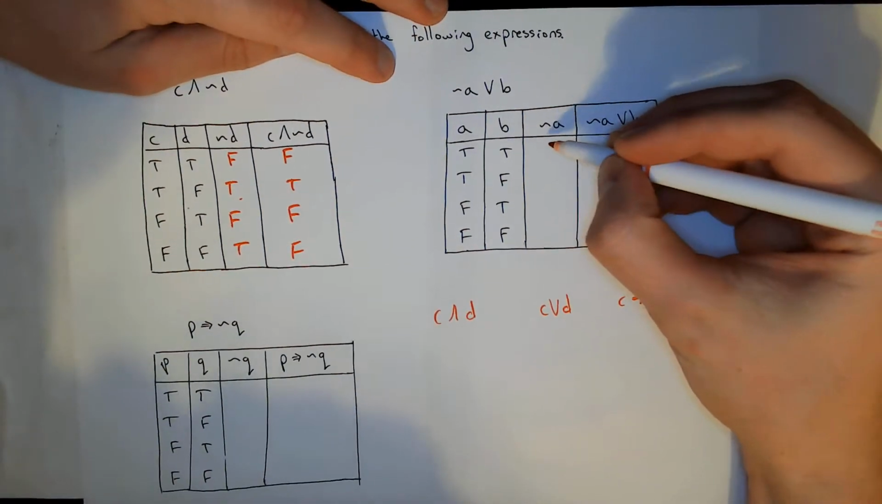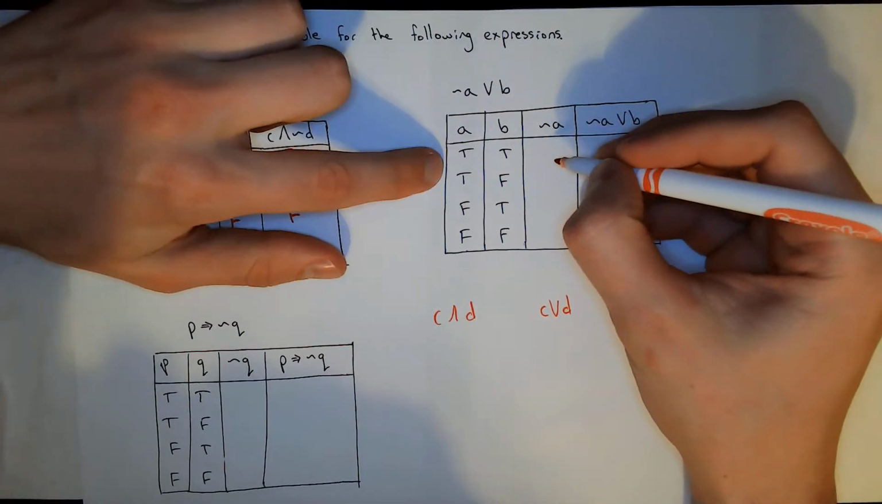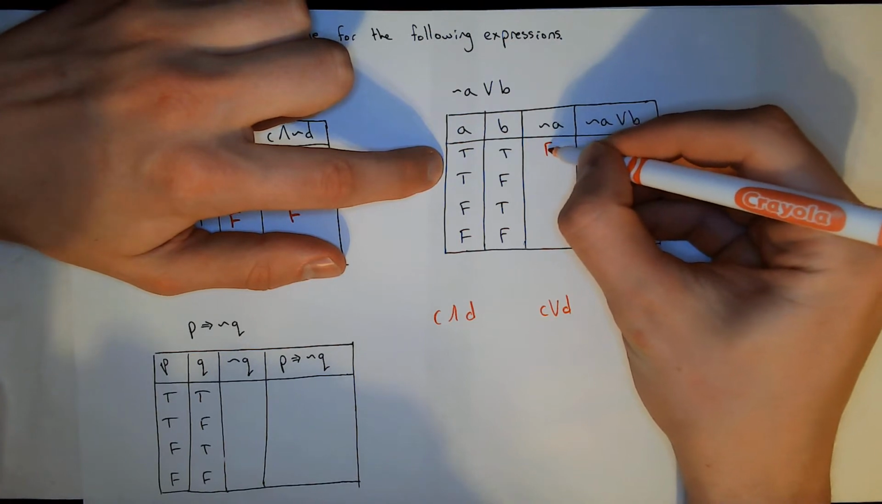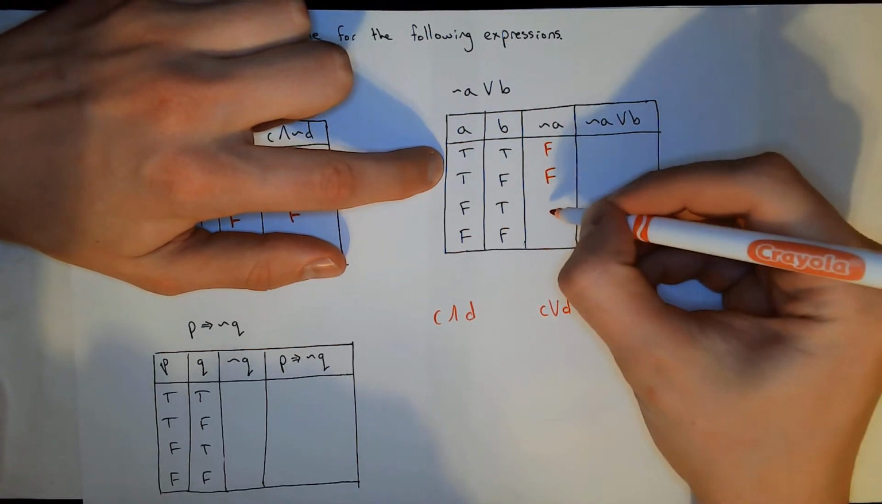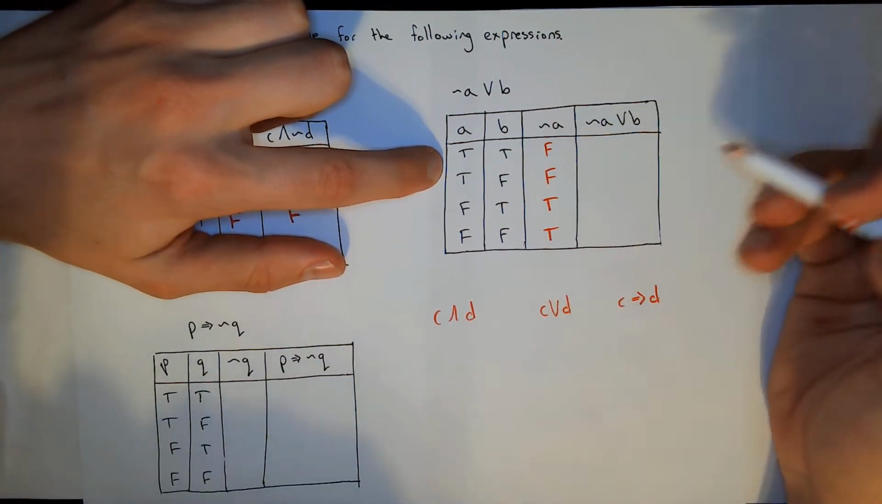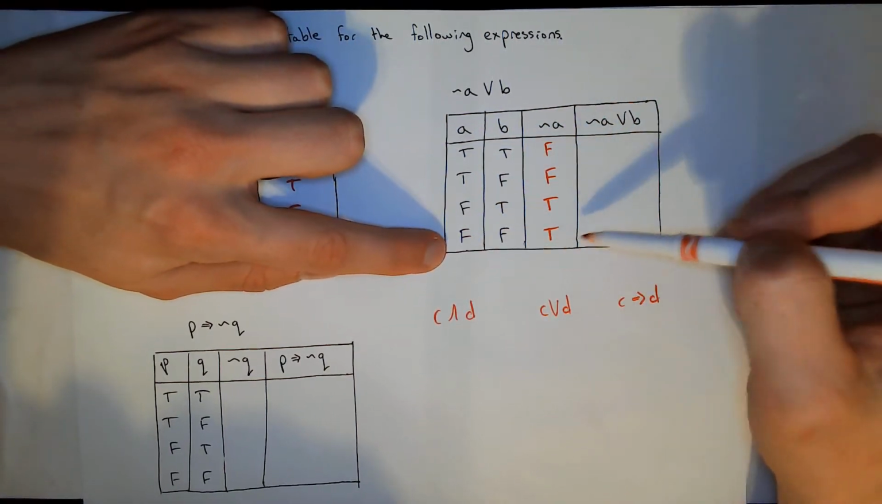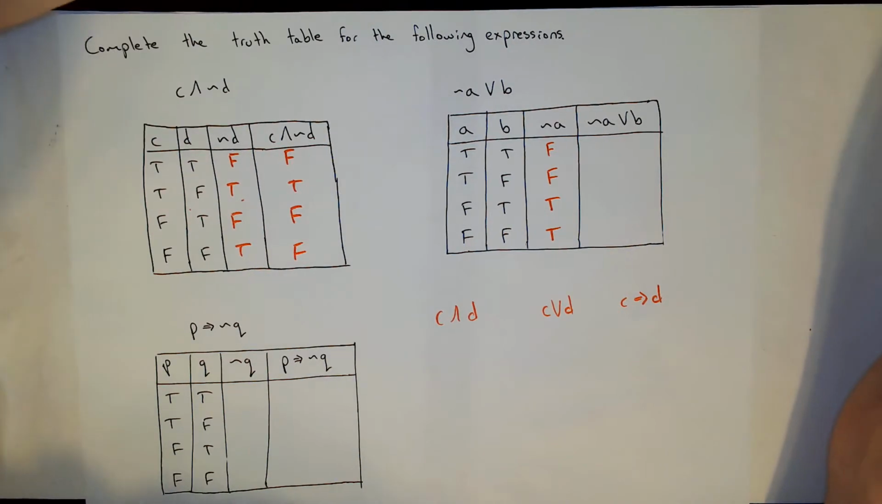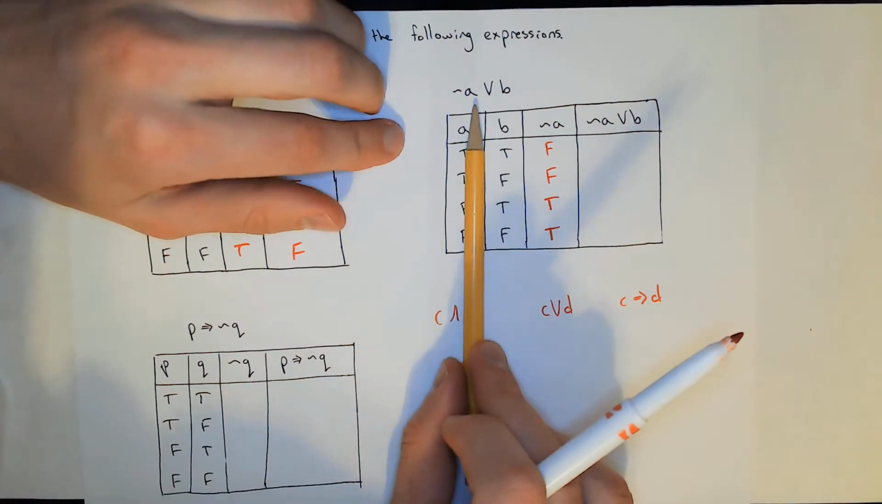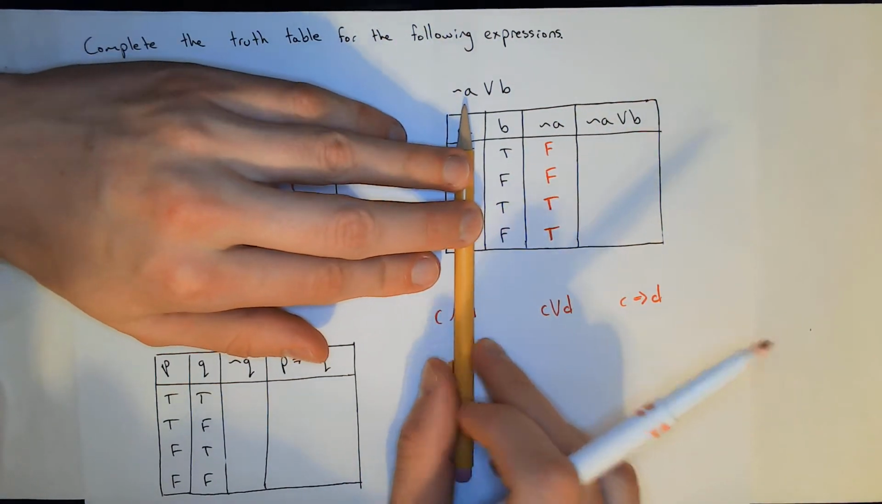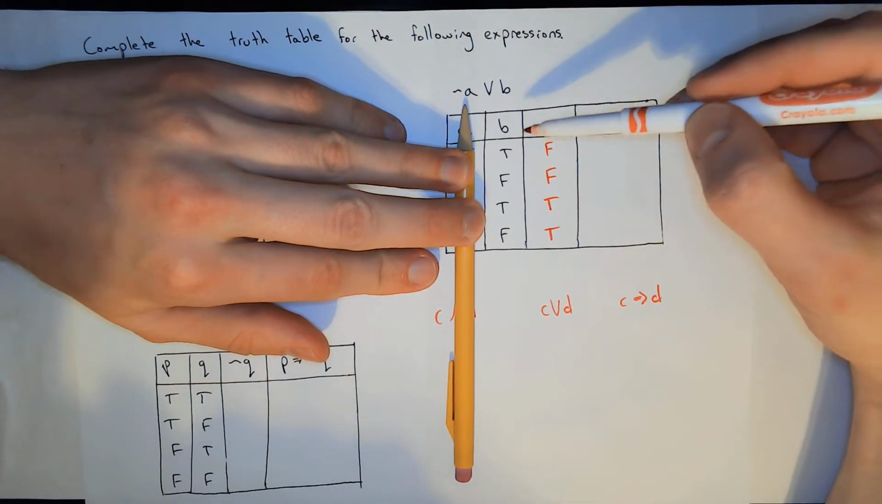Right. First though I need to negate A. So I'm going to look at the A column and negate that. So literally opposite. So I'm just flipping true to false, false to true, false to true. Okay. And now I'm going to want to cover up the A column because I want to connect the negation of A with B